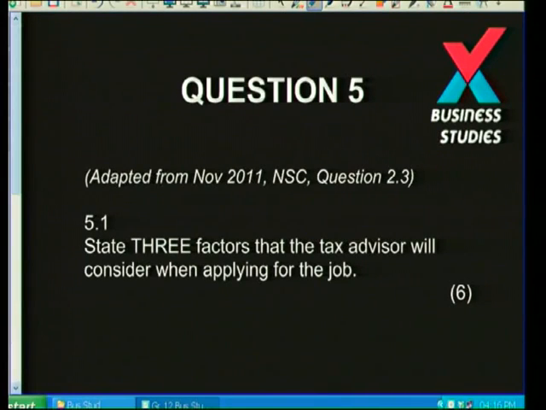Right, let's look at the questions. The first one, state 3 factors. So 3 factors that the tax advisor will consider when applying for the job. So now if it's you reading this ad and you would like to apply for the job as a tax advisor, what would be the things that would be going through your mind? And what is it that you would have to take into consideration before you actually apply for the job? Right,